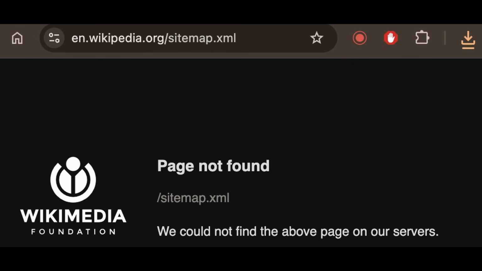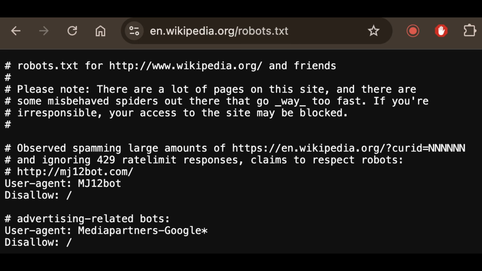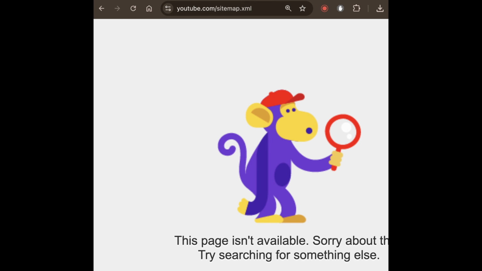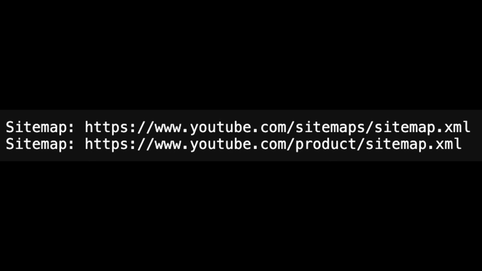For example, wikipedia.com/sitemap.xml provides us with no file and just an error screen saying that this URL does not exist, although it does have a robots file. YouTube at a glance also seems to not have the file if we just type in youtube.com/sitemap.xml. However, if we check the YouTube robots file, we will see that it actually does have two sitemaps linked,